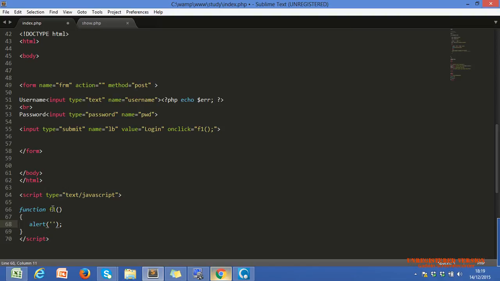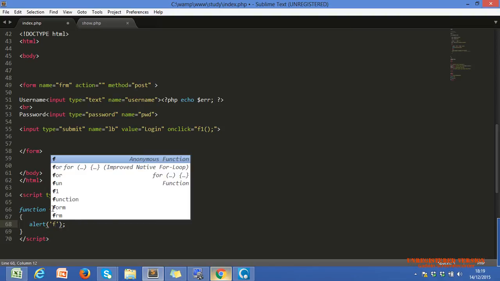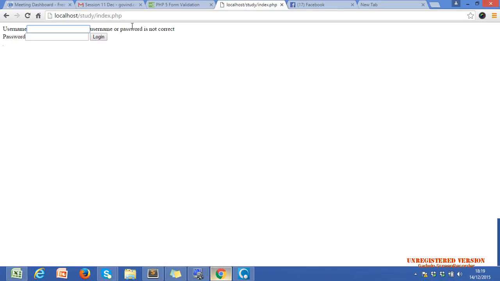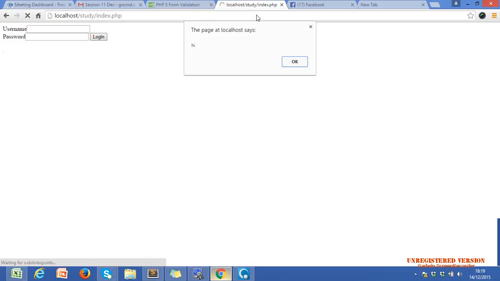In alert, I can write any message. Let me show you the code. After that I will explain this pop-up box. This pop-up box is called an alert box. Just keep it in your mind. We get the message within the alert box. How do we get that message?